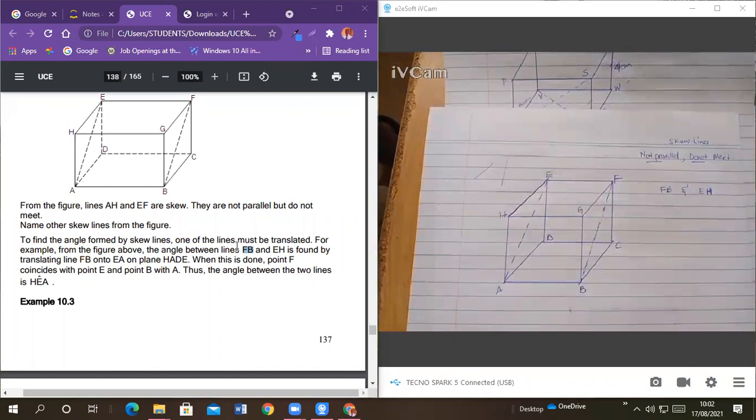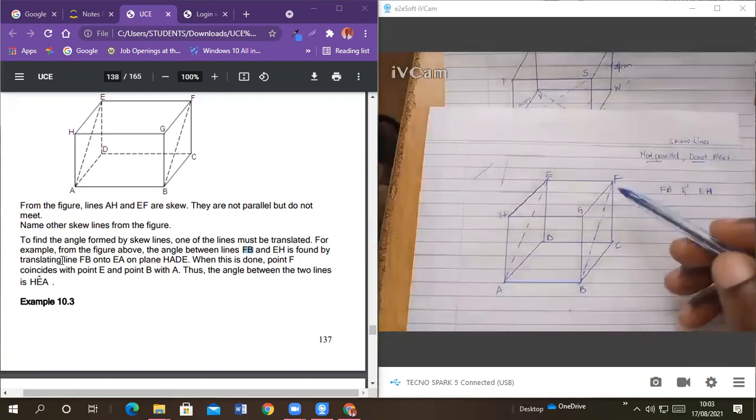the angle between FB and EH is found by translating. What does the word translating mean? Translating means we are going to move. We are going to shift. We are going to move a line. So it is found by moving the line FB